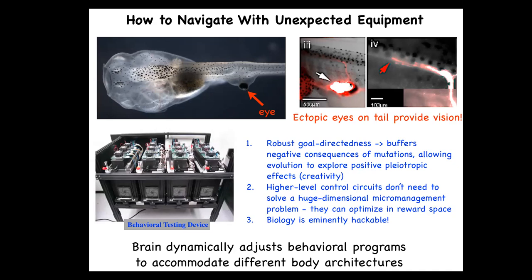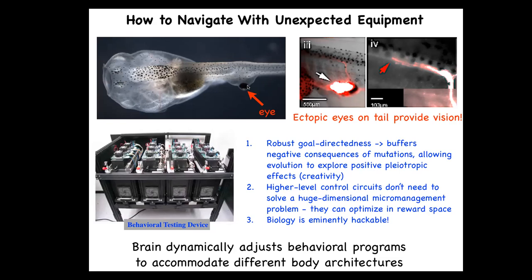These eyes make an optic nerve. The optic nerve comes out here. It does not reach the brain. It synapses onto the spinal cord or sometimes other places, but it does not go to the brain. And the amazing thing is that we've made this machine that tests these animals for visual learning, and these animals can see quite well. It does not require generations of evolutionary adaptation to use your behavioral repertoire with a different sensory-motor architecture. There are no eyes connected to the brain. The eye is now on the tail.